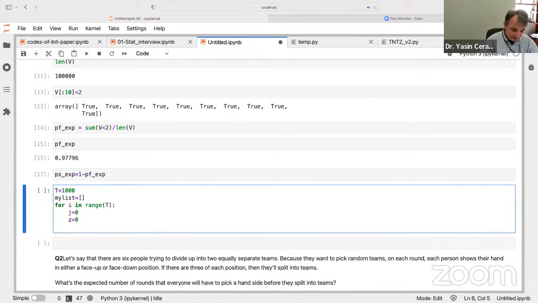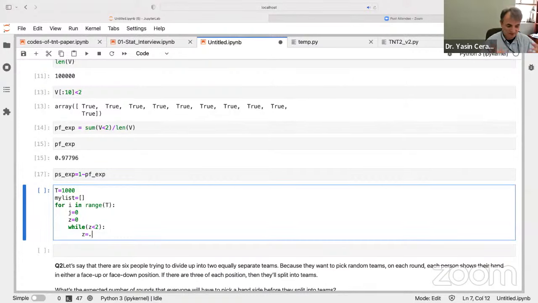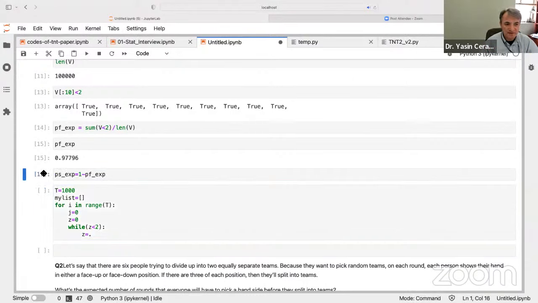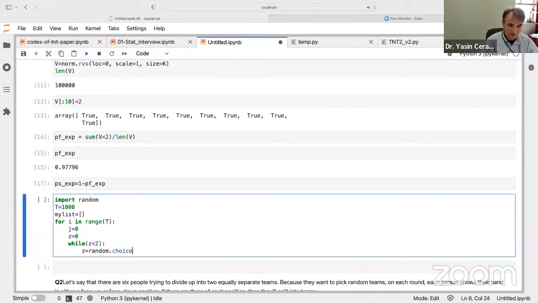So this guy is going to pick a random number from this pool. Remember, the pool is V. D is holding 100,000 numbers, and I'm going to pick one random sample from this. For that, I will use the random package import. You can write the code for how to pick randomly, but let's not get into that. So I'm going to use random choice, which allows you to randomly pick a number from a list. I'm going to pick a number from my pool of 100,000 random numbers.